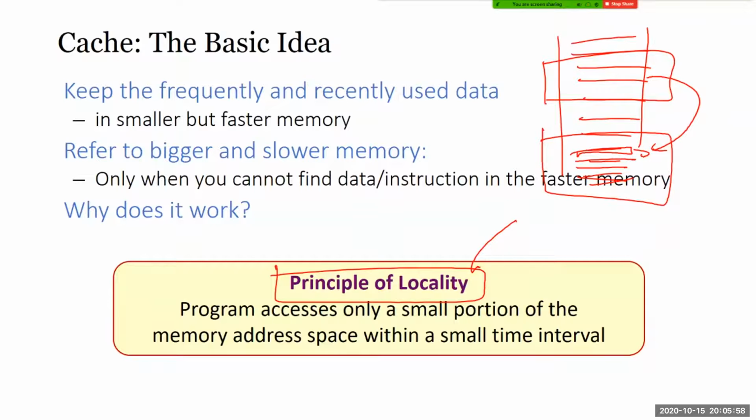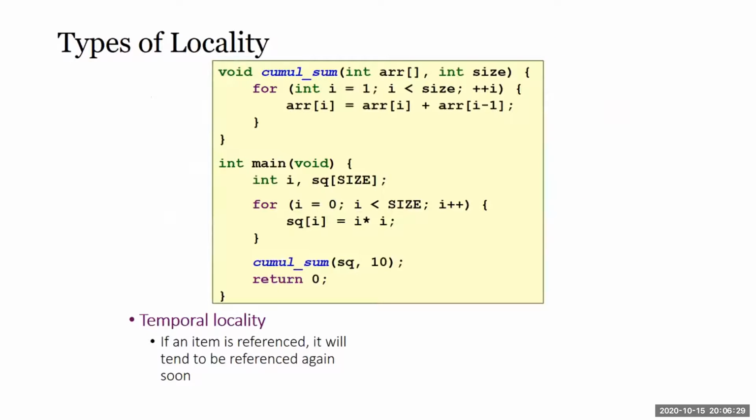In your program, your instructions follow one after the other. So if I pull 100 instructions, if I need instruction I, I go to my memory and pull I to I100. A high chance that the next instructions all come after I sequentially. So that's why it's called locality. If you don't have locality, then this will not work. If our instructions are all over the place, it will not work. So your compilers will try as much as possible to write instructions close together and group data close together. So that's how this idea works.